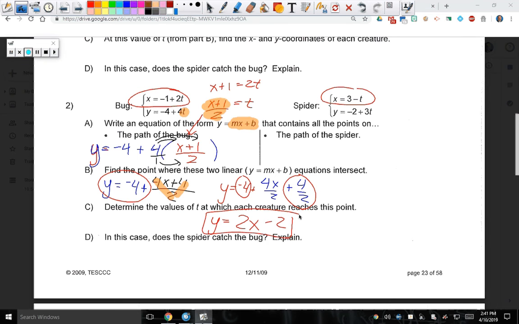So there's the first one. And you're going to do the same. Again, we're going to do it for practice. We're going to solve for t. Now look,